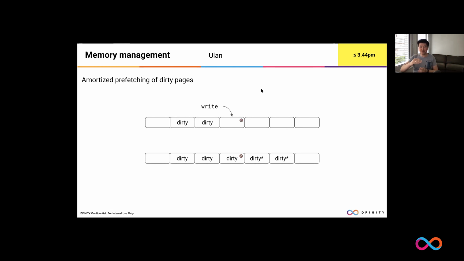after execution, we still need to verify that the pages that were prefetched as dirty are actually dirty, meaning that they were modified. That verification is done by just running a mem compare of that speculatively prefetched page with the original contents. And on the next slide,